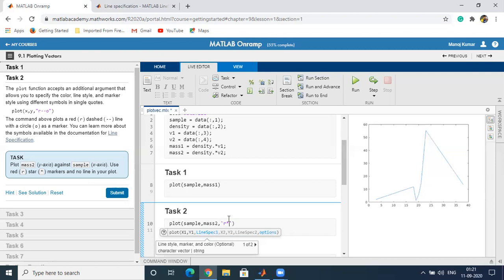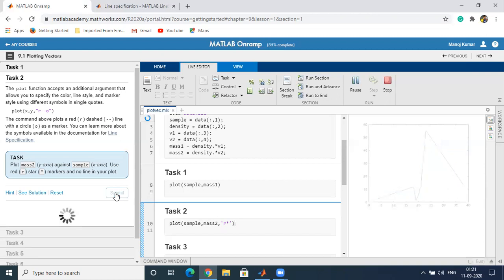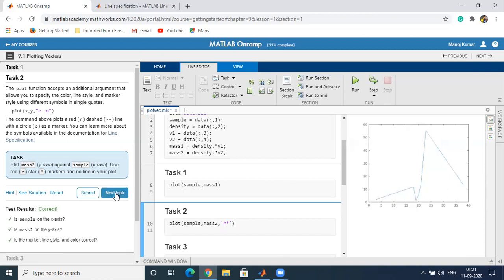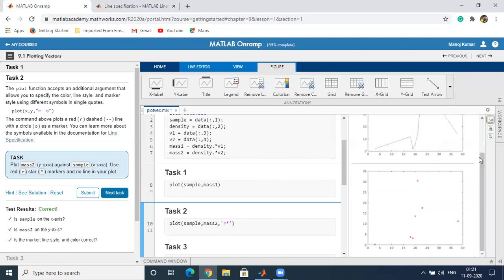If we type this, then it will plot sample and mass with the red line specification. It will give the red line with the star marker. So you can see we have plotted sample on the x-axis and mass 2 on the y-axis with the red marker.